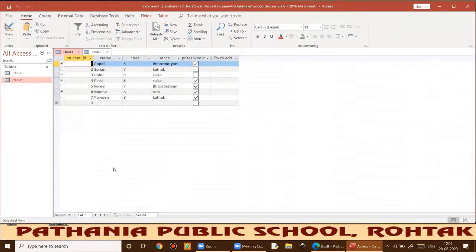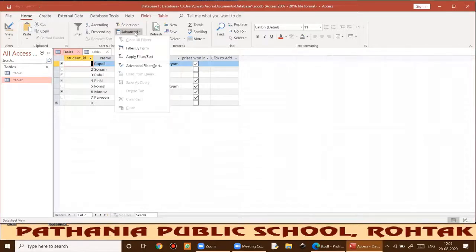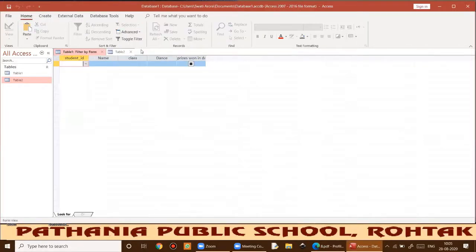If I want to implement it, I go to the Advanced option and click Filter by Form. This type of table will be in front. I need to use the arrow keys of the keyboard, and then I'll click OR. I want jazz students, and then I will select the Kathak students. From this field also I want to take an option: if they have participated at the national level, then it will be ticked.